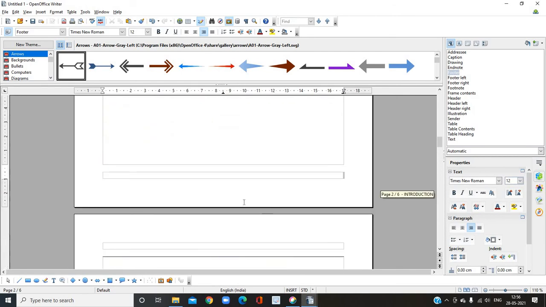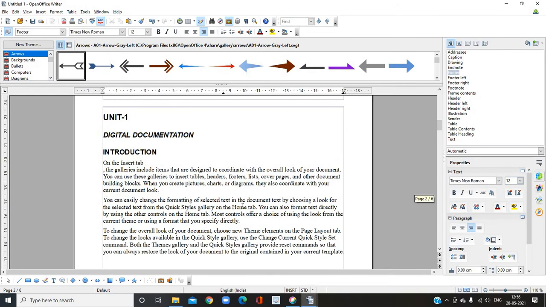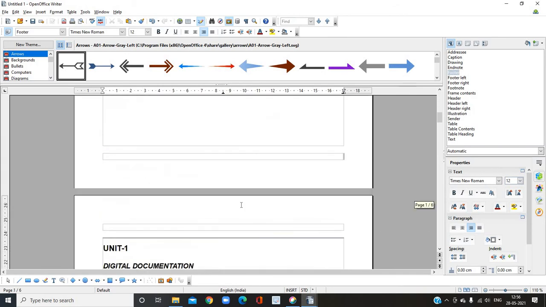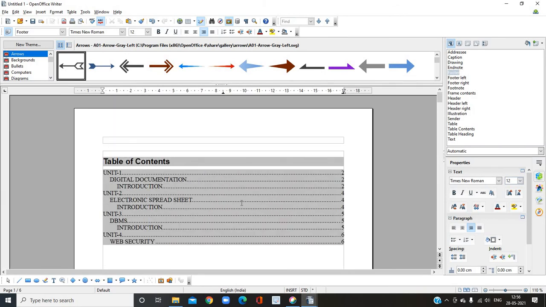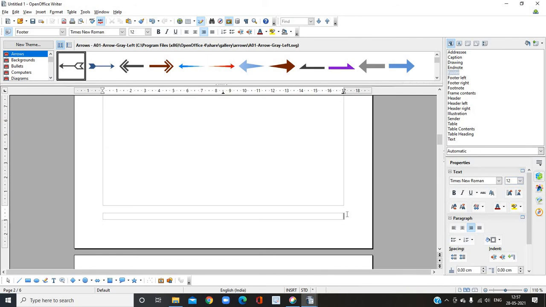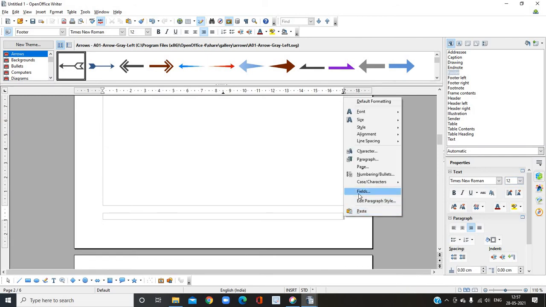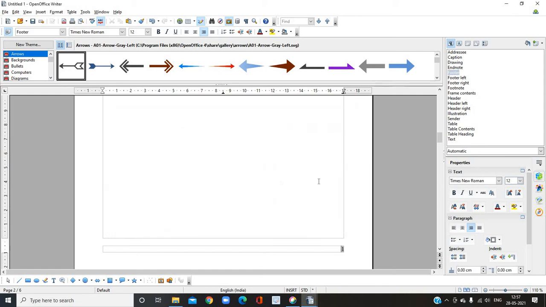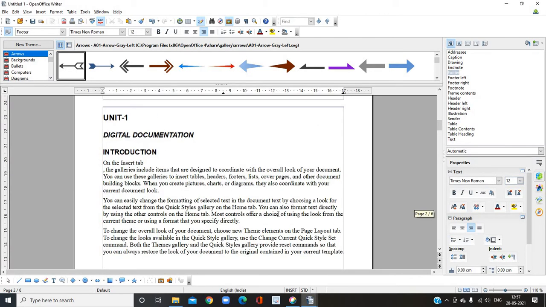Clear? So see, for my first page also I am unable to get any page number. I am not seeing any page number. As usual, I will set offset to -1 because I want to leave only one page without page number. That is the first page, the table of contents page only; I want to leave it without any page number. I wanted to start from unit 1.